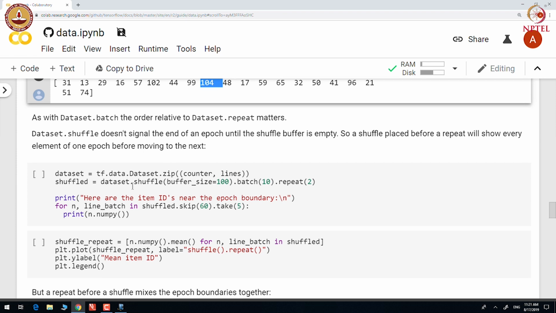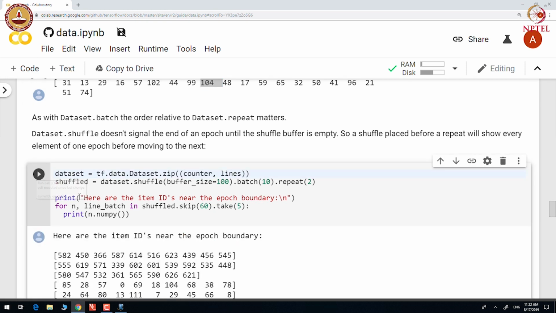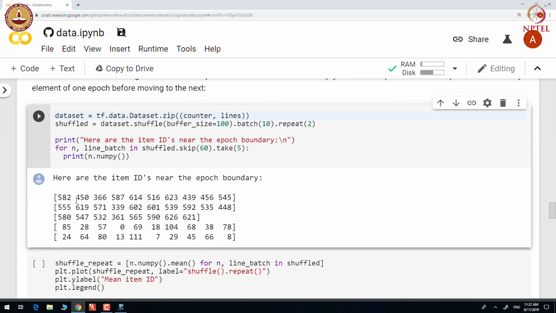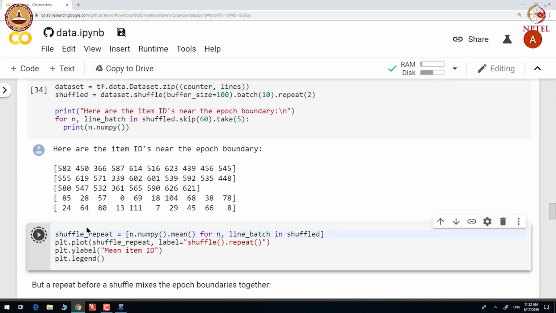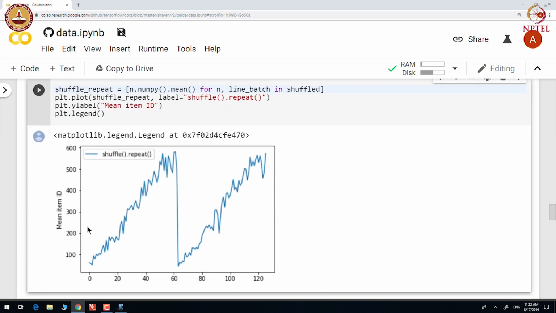So, here you have placed shuffle before repeat and we can see the elements. And let us look at the mean ID of the element.